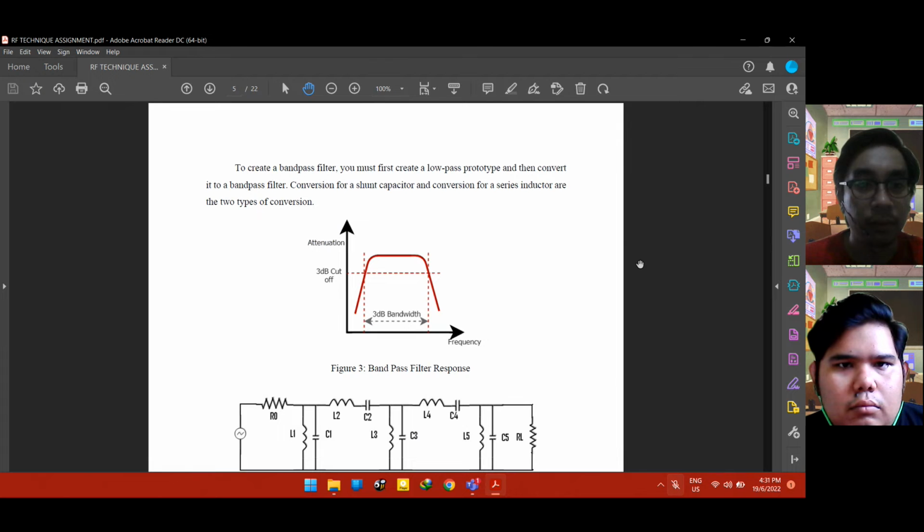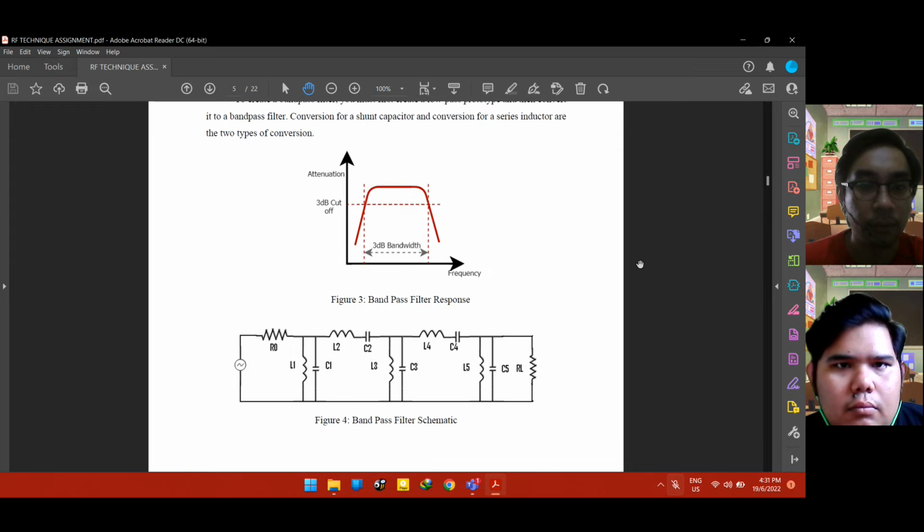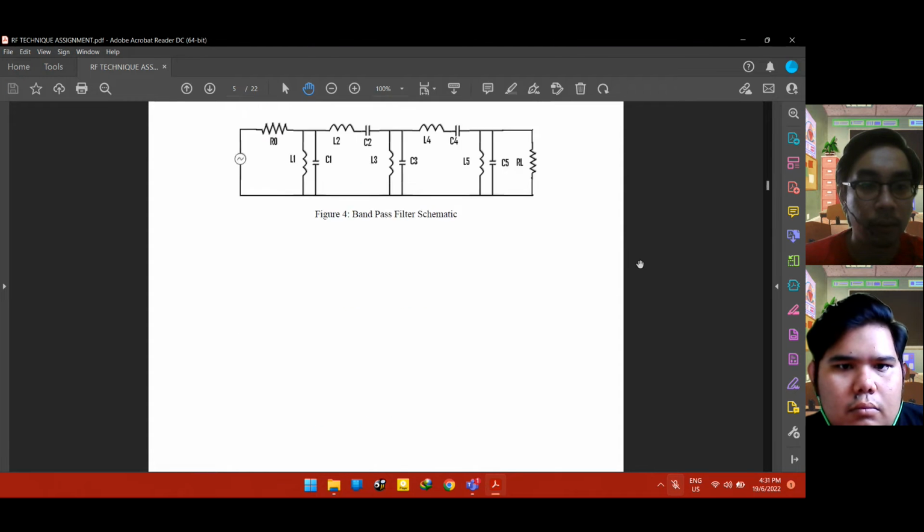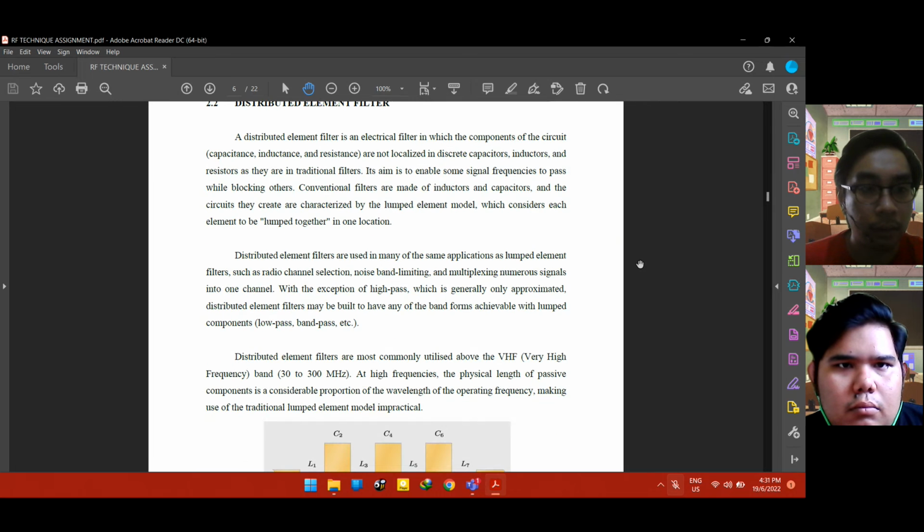this is a band pass filter. So for the first one, figure 3, band pass filter response, and then figure 4 is the band pass filter schematic. All right. Next,